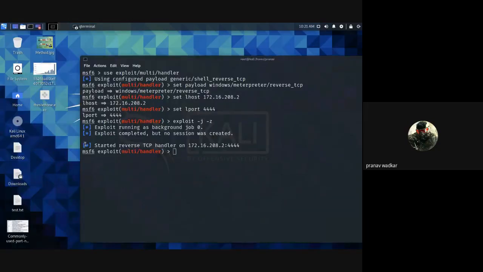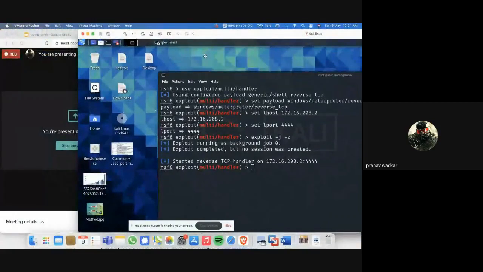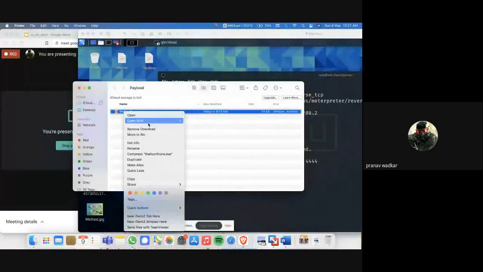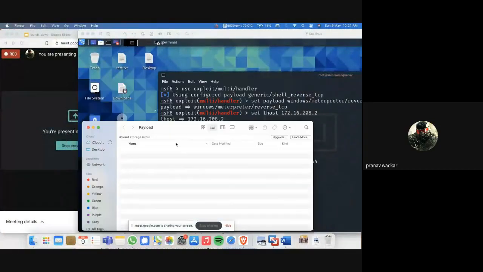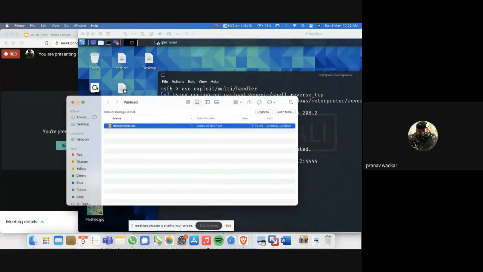So now let me transfer the file from the Kali to the victim machine, that is the Windows operating system, right? So let me do it. Okay, so it's my base machine now.